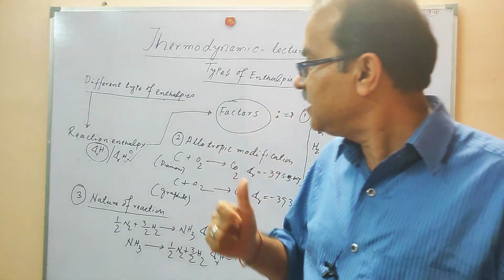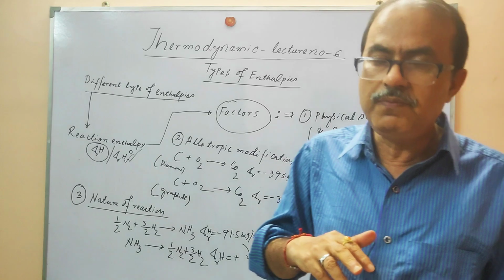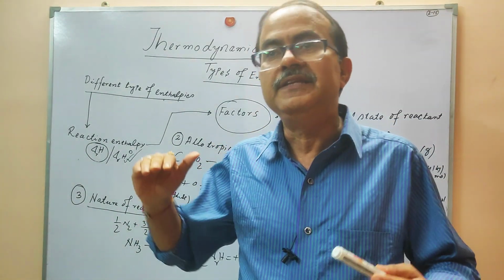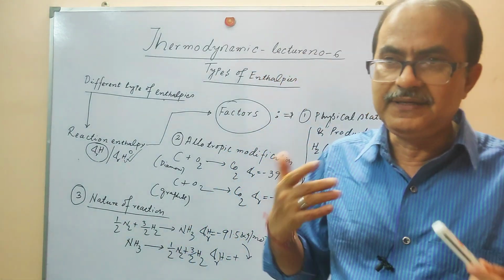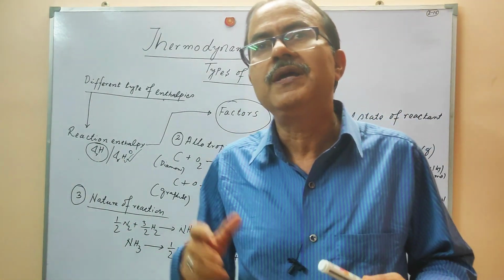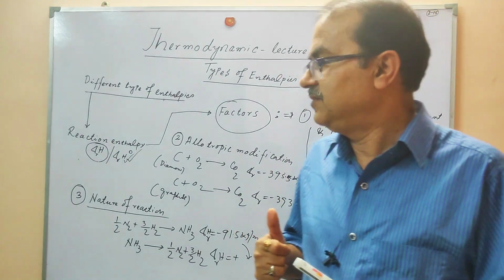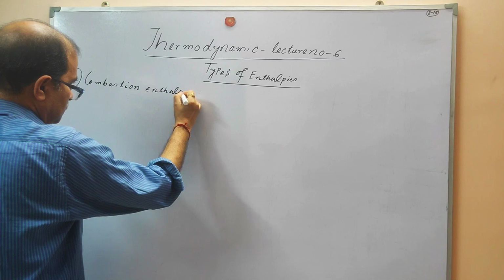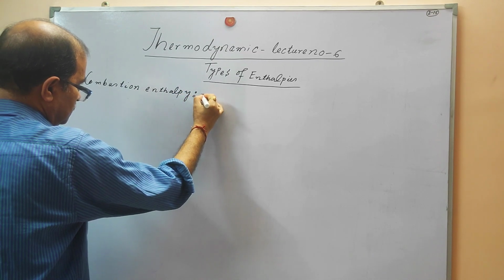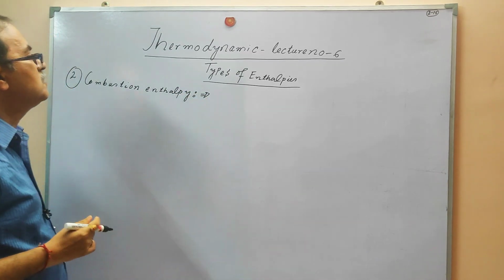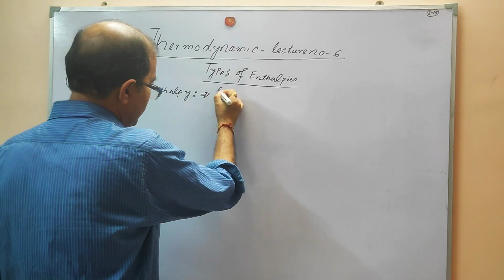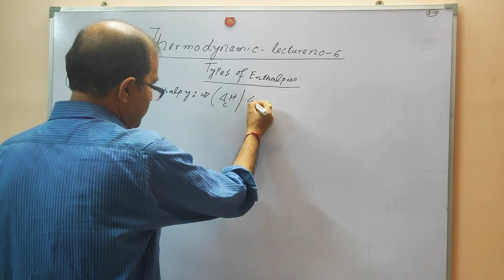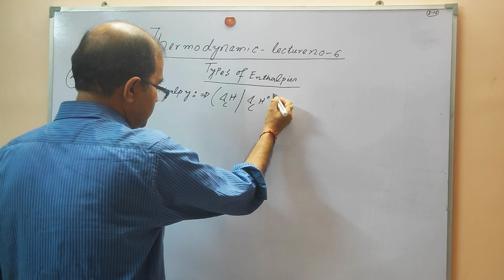So we understand the reaction enthalpy is basically the heat evolved or heat absorbed when the number of moles of reactant react completely with each other. At that time, we call it the reaction enthalpy. Now we are going to discuss another very important enthalpy, combustion enthalpy. It is denoted by delta Hc, and when it is in standard form,